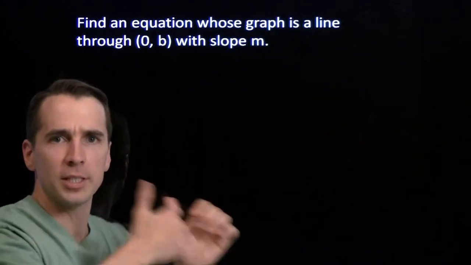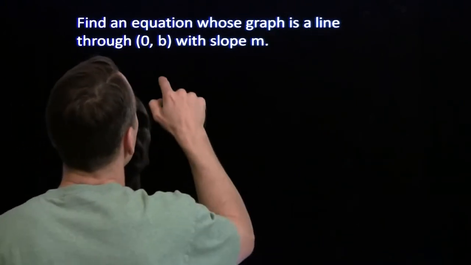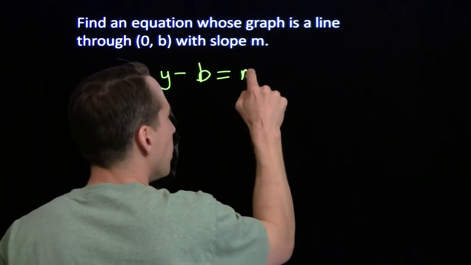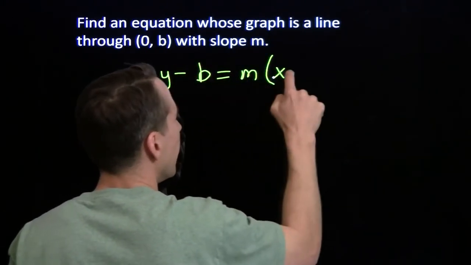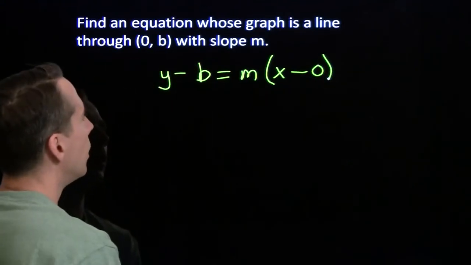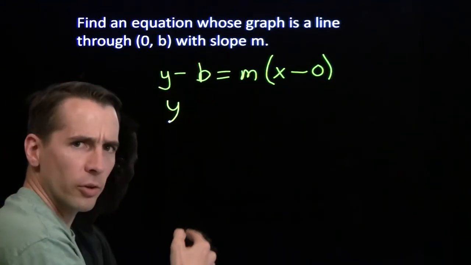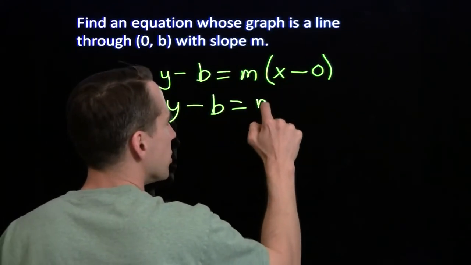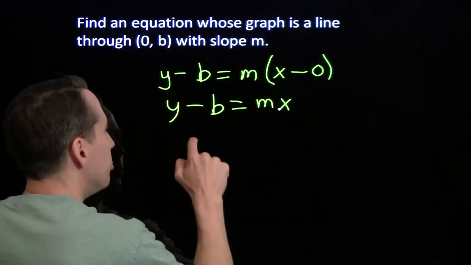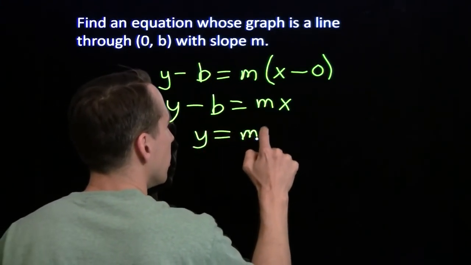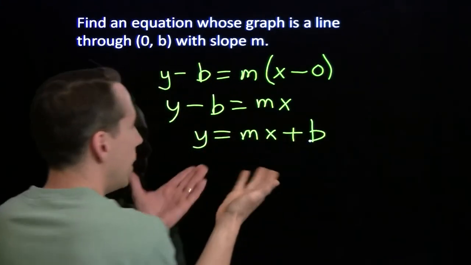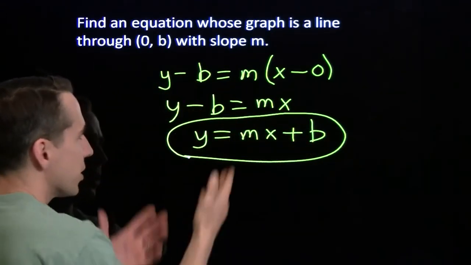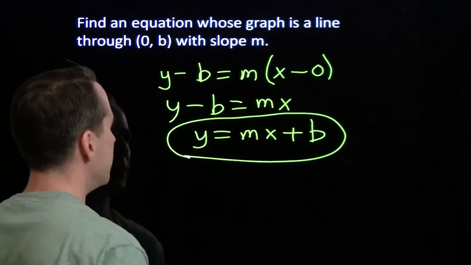What happens if we jam this into that point-slope form? Well, we get the difference of the y-coordinates equals the slope times the difference in the x-coordinates, x minus 0. That's the point-slope thing that other guy was talking about. And we'll get y minus b equals, well, this is just m times x. I'm going to add b to both sides, and out pops the slope-intercept form. That's pretty slick, so we can see that these two are very deeply related.